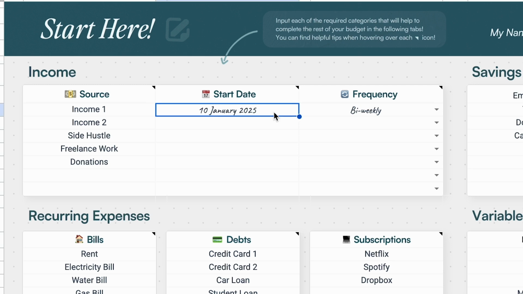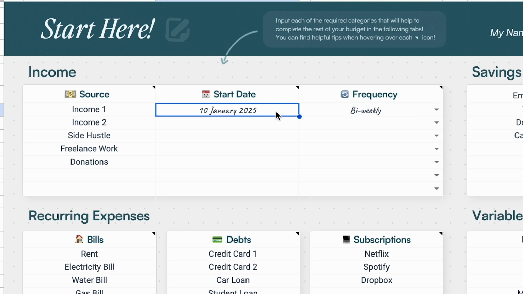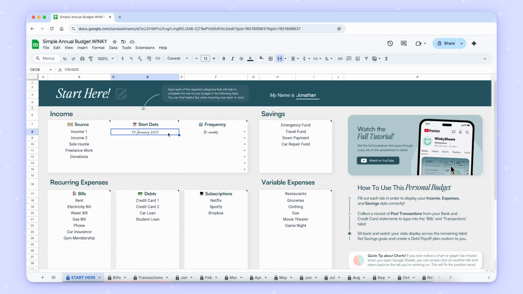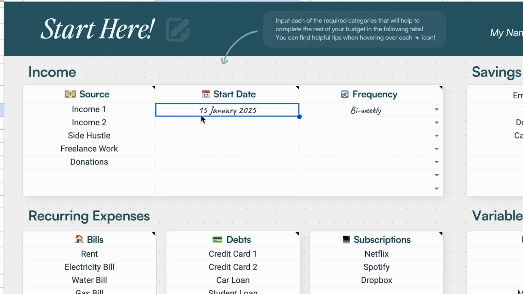The key thing that we want to include here is for any income that we receive regularly, in this example bi-weekly, we just want to make sure we have the right days of the month that we receive it. So maybe we're in the month of July and we have a start date in January. It doesn't really matter too much as long as we know the day of each month. If this is set to bi-weekly, that's going to show that twice a month we receive this income starting on